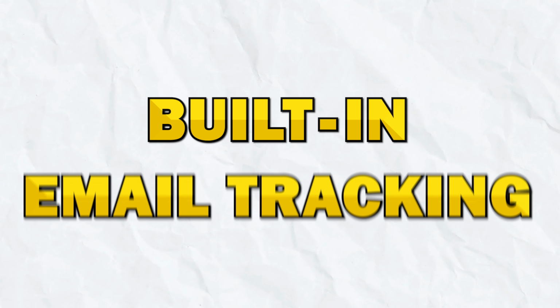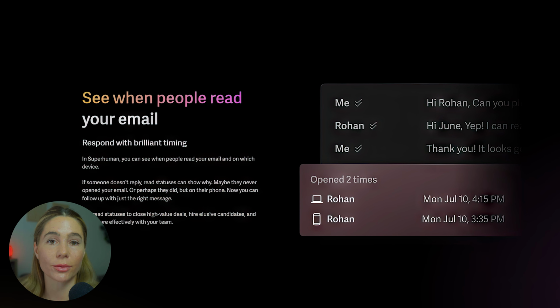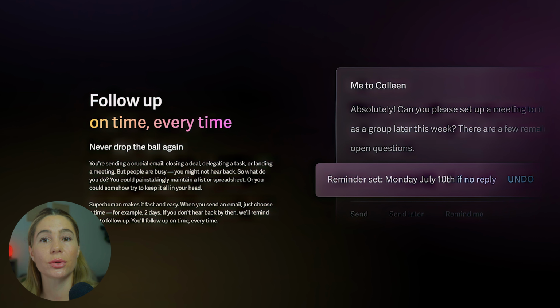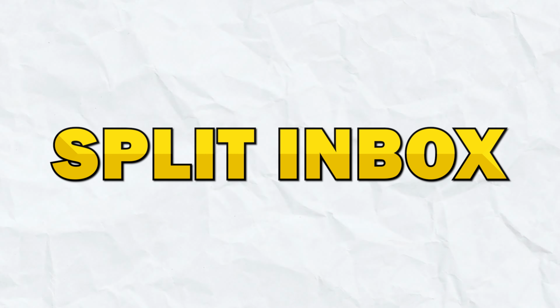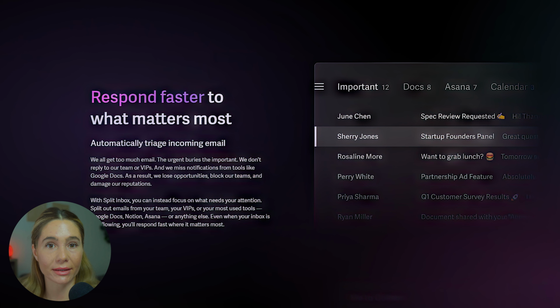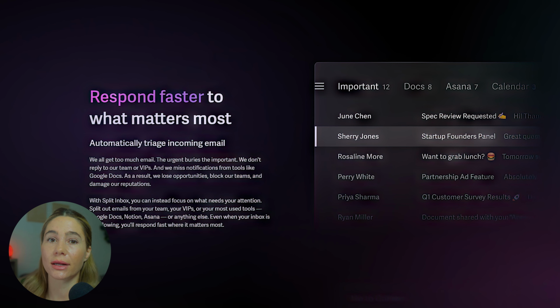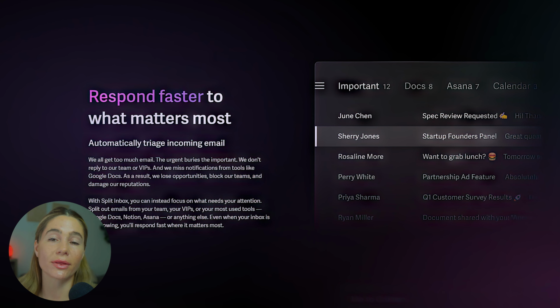Superhuman also has built-in email tracking, which lets you see when someone opens your message. You can set follow-up reminders too, so you don't forget to circle back if someone doesn't reply. It also lets you split your inbox into different categories, which can help you stay focused. So for example, you might want to separate newsletters, promotions, or low priority threads so they don't distract you during